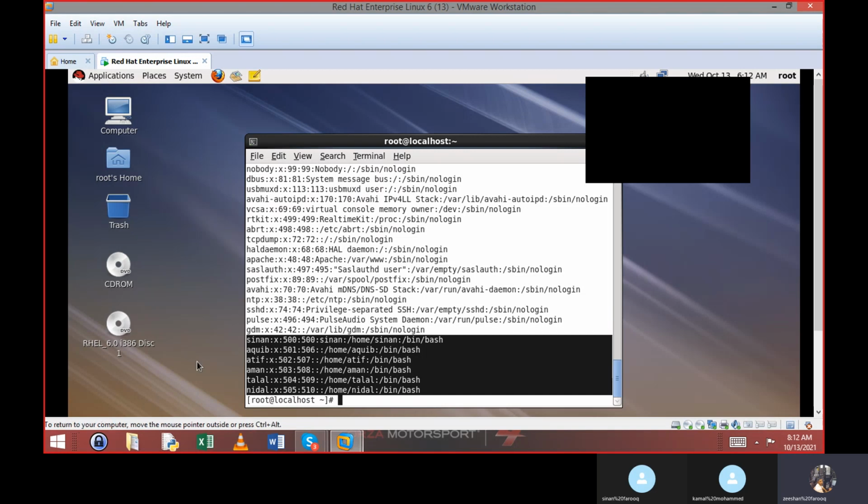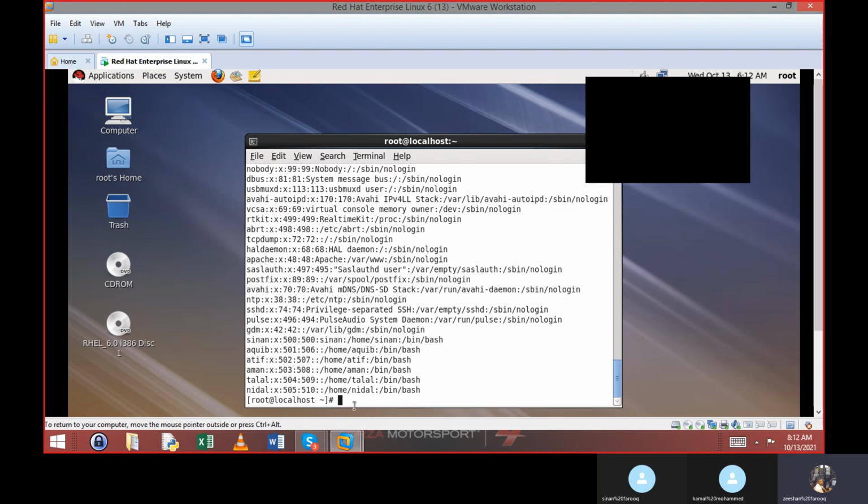Now we have to add groups. We have to add the users into a group, right? How are we trying to add those users into a group? The usermod command with dash capital G. What is our first department? Sales, right? So what we will do is put sales here.